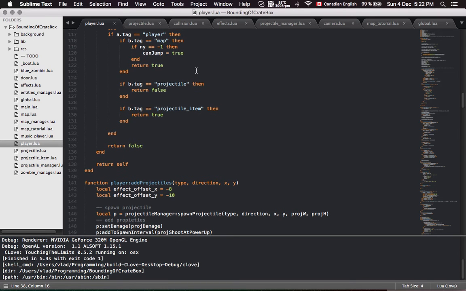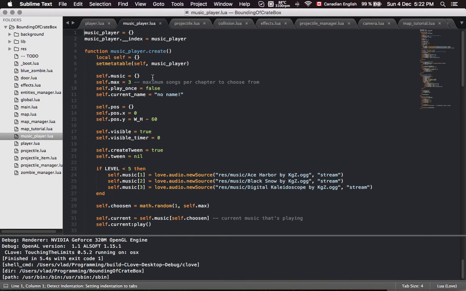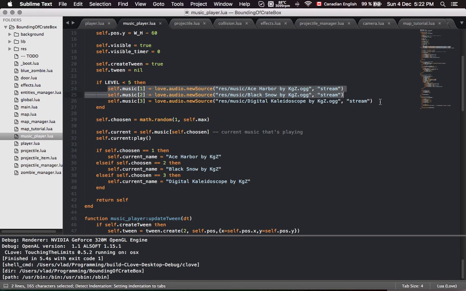Recently I wanted to add music inside Bounding of Gradebox, and I downloaded music from the internet, like 7 songs or something like that. So I downloaded the music, and let me go there. I downloaded the music and I wanted to play it. So here's the example. I wanted to play the music, and the music had somewhere around,